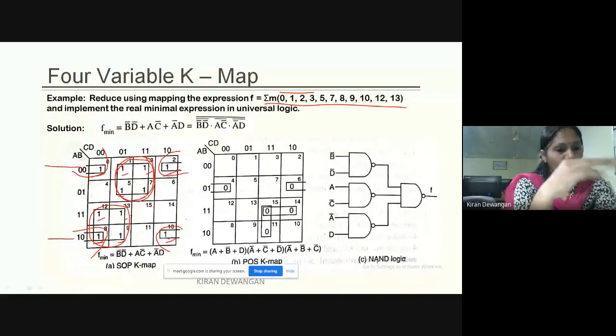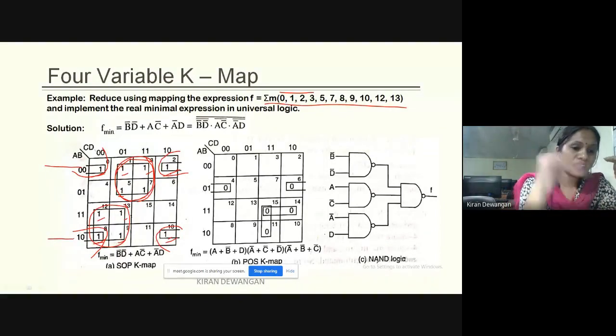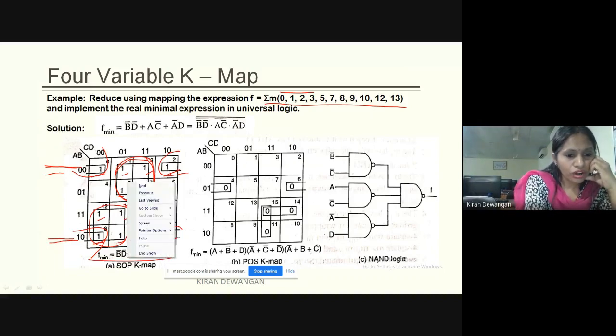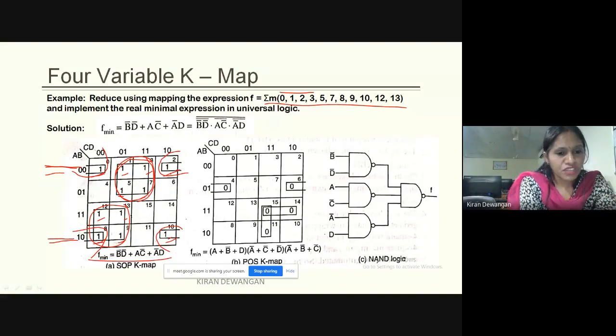Clear? क्योंकि ये overlap होते हैं, एक के ऊपर एक और एक के नीचे एक ऐसा होता है. ठीक है, so we say that the row AB 0 0 and the AB 1 0, they are adjacent to one another. अगर हम ये वाले रो को जस्ट इसके नीचे लिखेंगे यहाँ पर, तो ये आपका ऑलरेडी इसके एडजेसेंट हो जाएगा, राइट? दैट इज व्हाट वी आर डूइंग हियर. हम ये वाला रो को कंप्लीटली यहाँ लिखेंगे तो ये इसके नीचे आ जाएगा, तो ये आपका पूरा टर्म यहाँ आ जाएगा. तो डेफिनेटली वो एक क्वाड फॉर्मेशन करेगा.